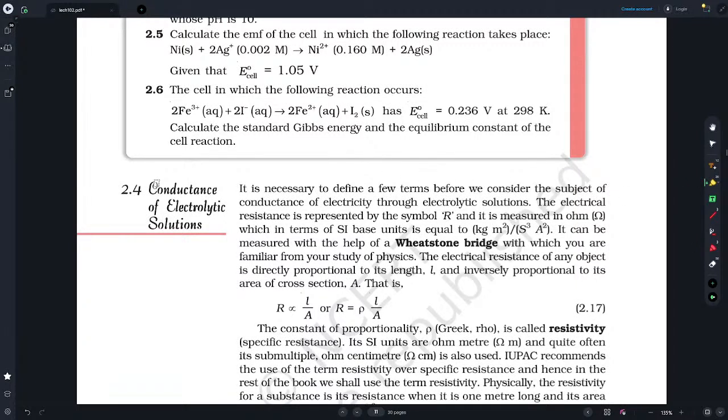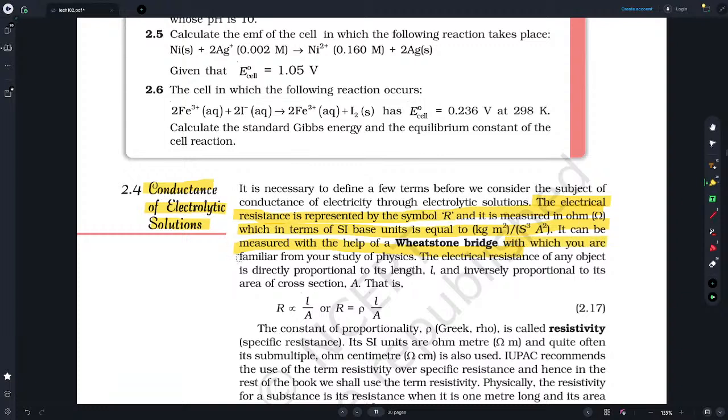And the next topic, conductance of electrolytic solutions. Before that, it is necessary to define a few terms. Consider the subject of conductance of electricity through electrolytic solutions. The electrical resistance is represented by the symbol R and is measured in ohm, represented by omega, which in terms of SI units is equal to kg meter square per Siemens cube A square. It can be measured with the help of a Wheatstone bridge,